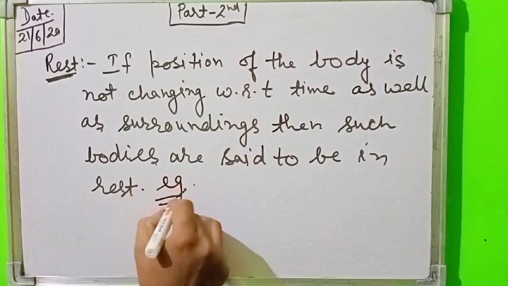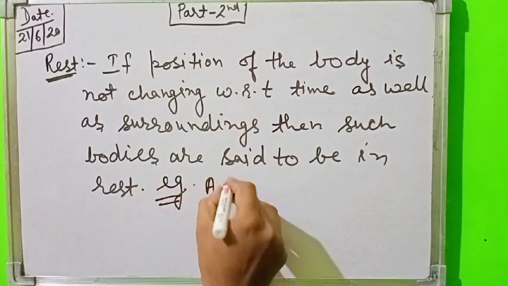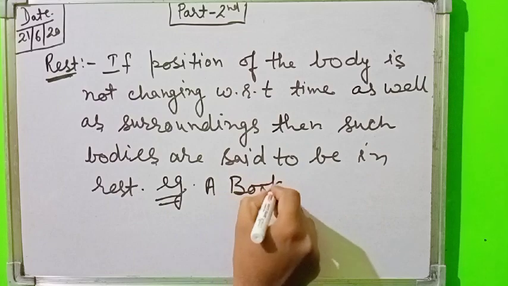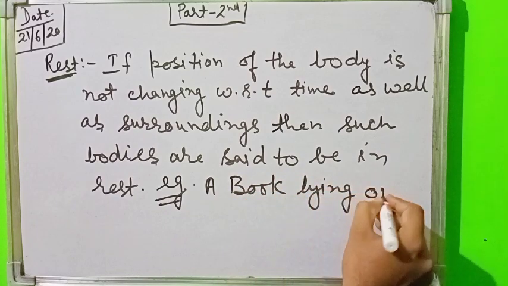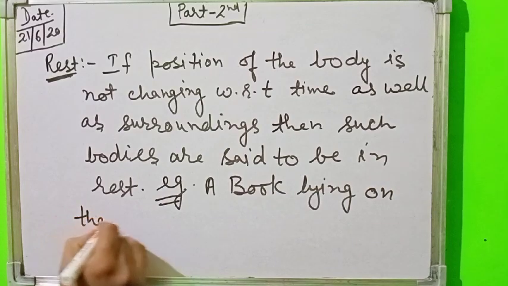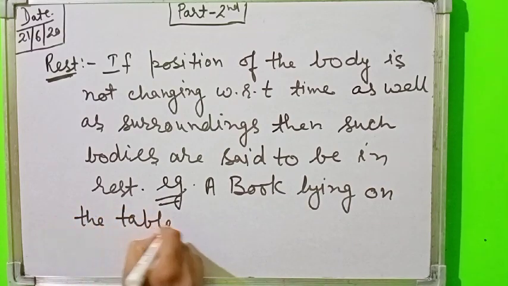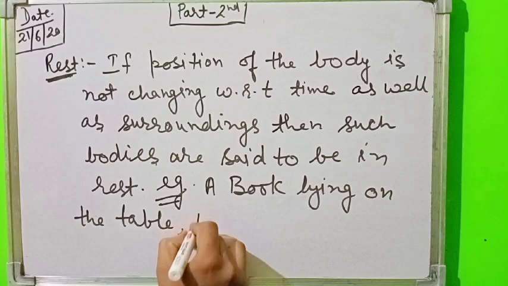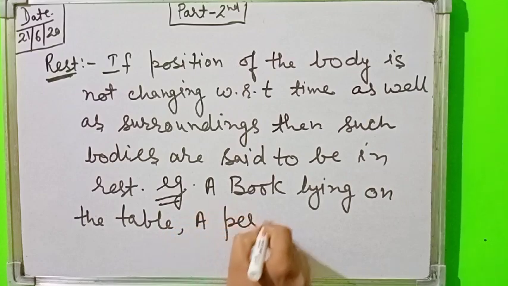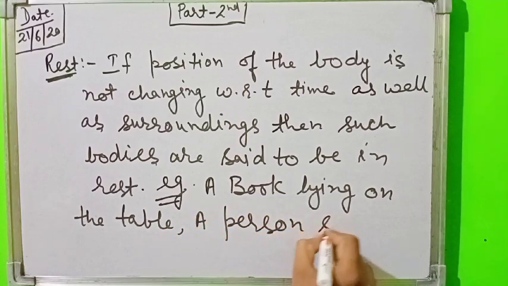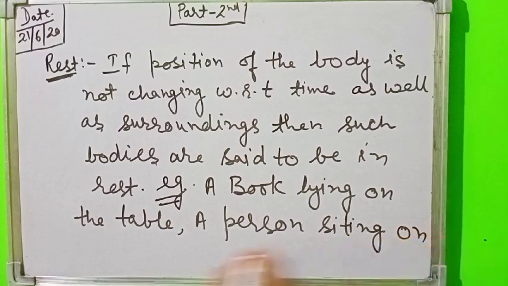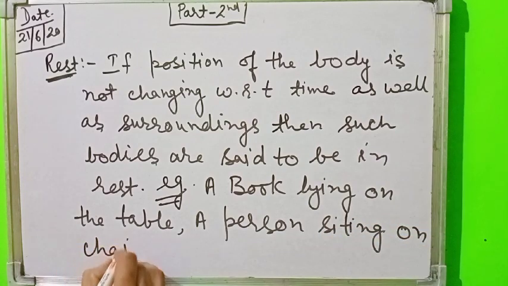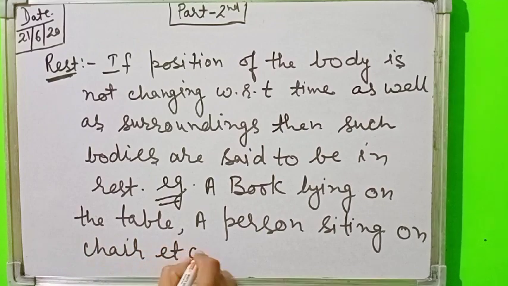Example: a book lying on the table, a person sitting on chair, a book